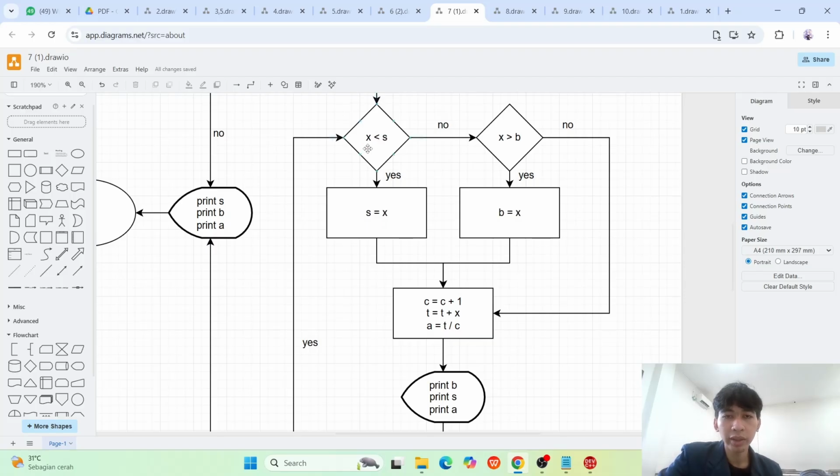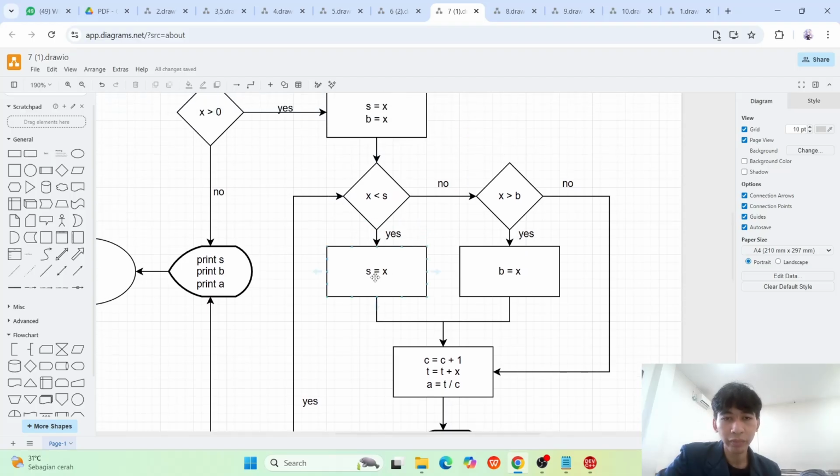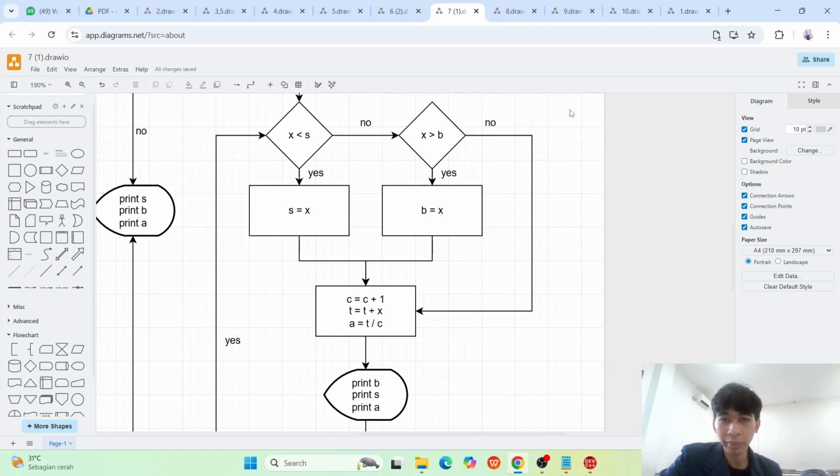Now, is the X value smaller than S? If yes, then the S value is changed into the X value. But if no, is the X value bigger than B? If yes, the B value is set to the X value.